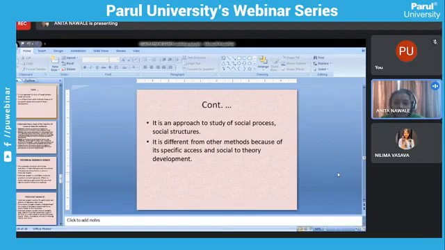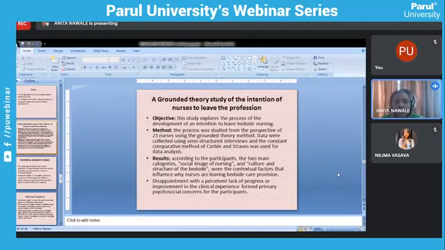Okay, so in grounded theory, what happens? The main aim is preparing a theory out of the data you have collected. The root of that theory is present in the data you have taken from the participants. That is the main point. For example, I have taken one example of a grounded theory study on the intention of nurses to leave the profession. Nowadays people don't want to work as bedside nurses. They would like to come to the education side, go to the administration side, or change track. So why is this happening?